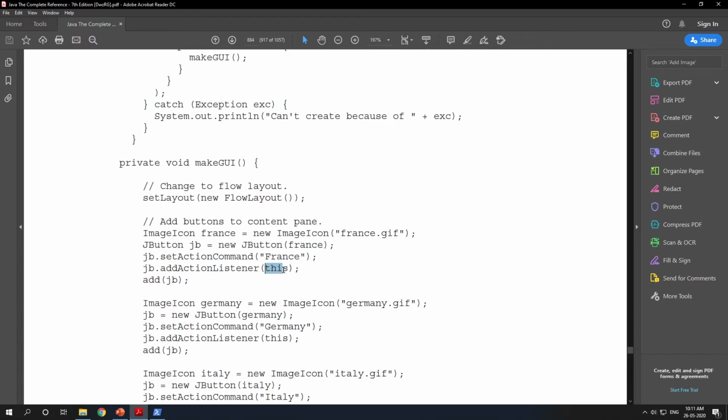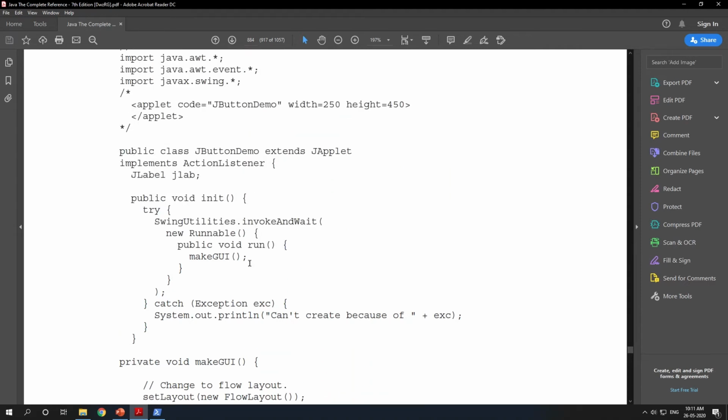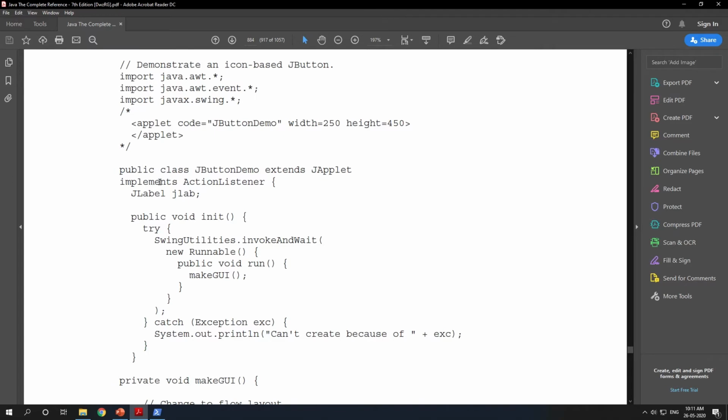But here we are not creating any anonymous inner class. Instead, we are passing this. Why? Because we are implementing the ActionListener interface. If you implement the ActionListener interface, there is no need to create an anonymous inner class. So this class is going to implement the ActionListener interface.